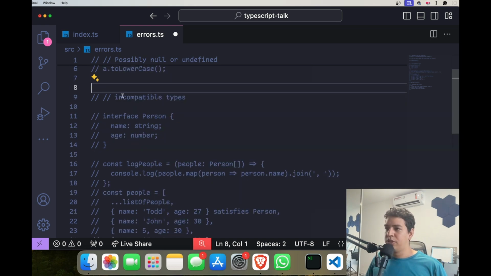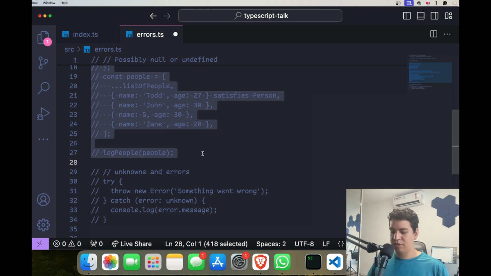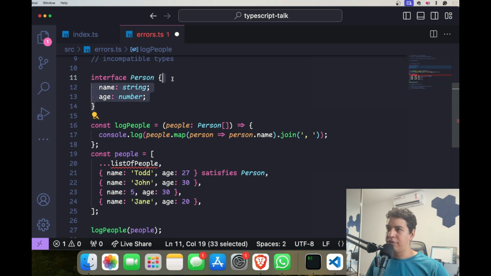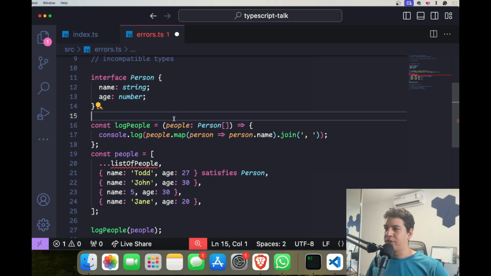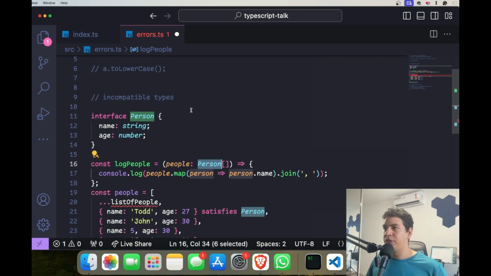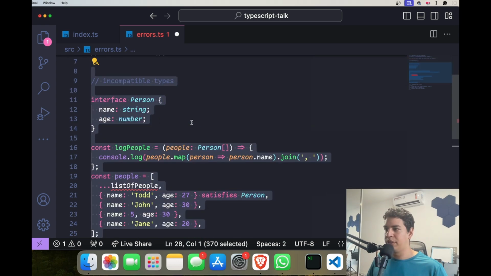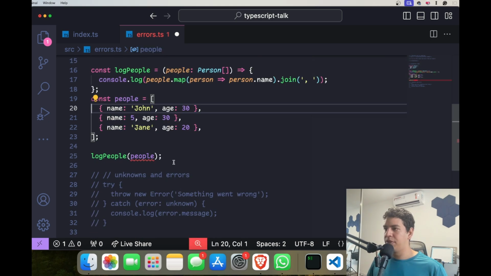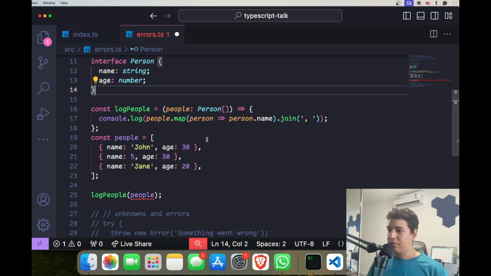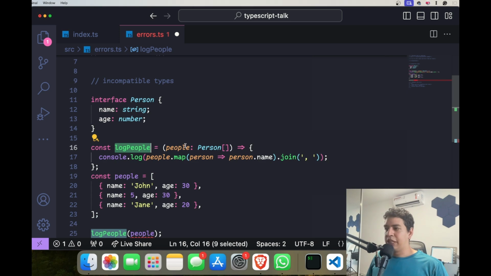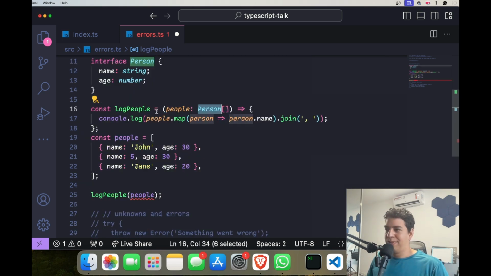Incompatible types. So I built this example here, and in this example I have a function. I even have some spoiler here, I'll just leave it here. I have a function that expects an array of person. Oh my god, I have way too many spoilers. Let me just do the following. I'll remove a bunch of stuff here. Yeah. So if I have this function that expects an array of person, so people, then I am getting just the